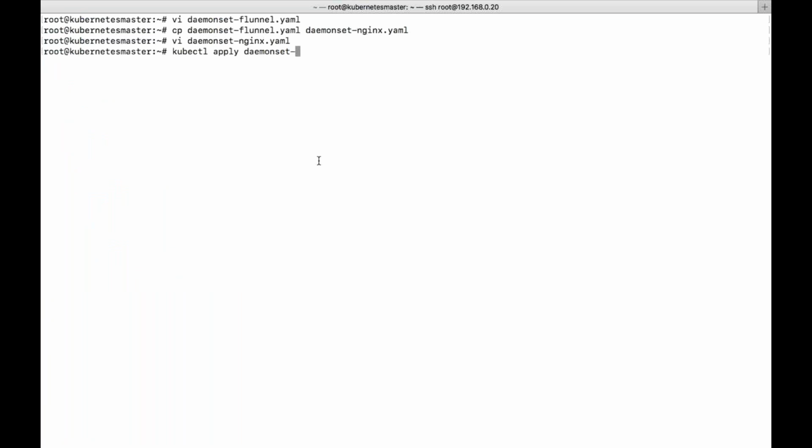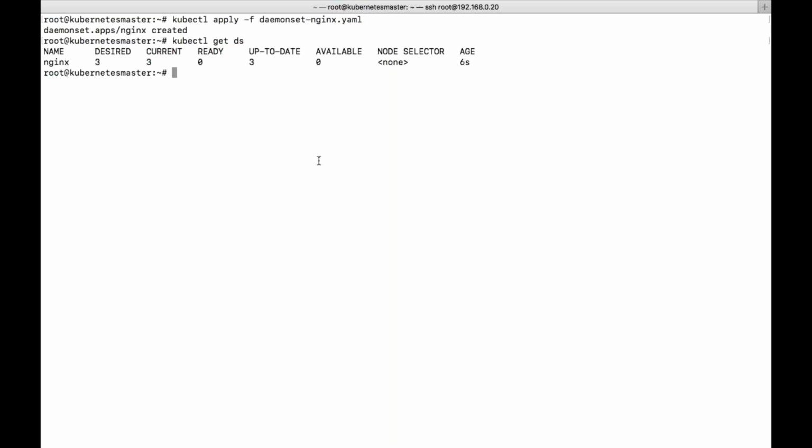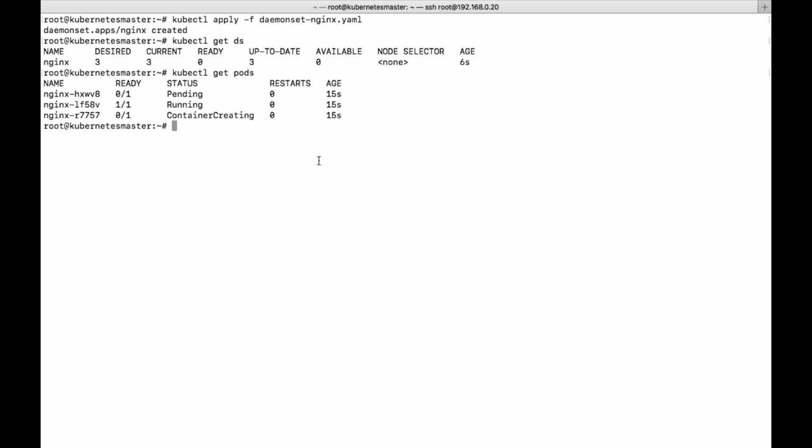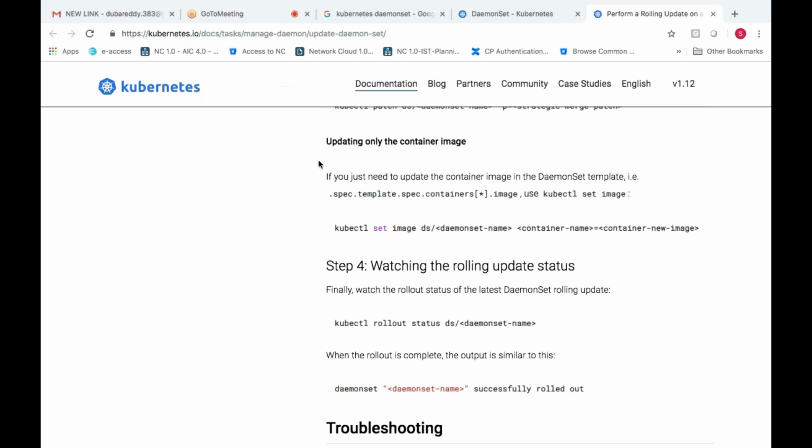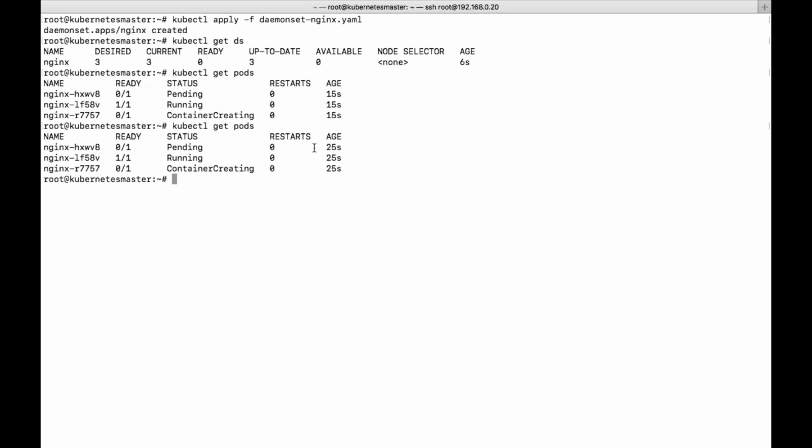We have created it in our namespace. It is under creation process. One is running and two are pending. Maybe it is trying to execute on one node which is not available. The second node is under creation process. Let's wait for it. Then I will show you what is an upgrade in daemon set, rolling updates.